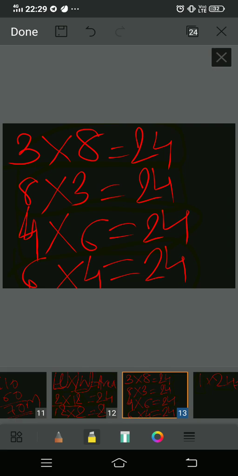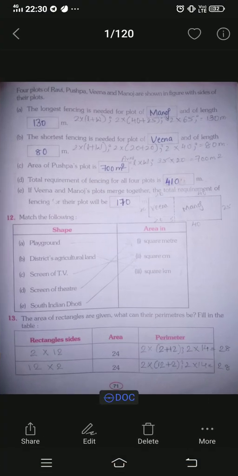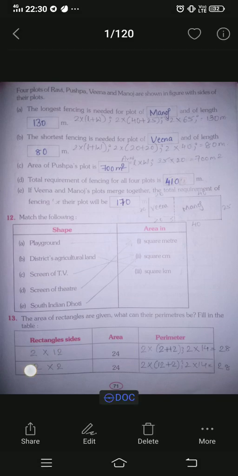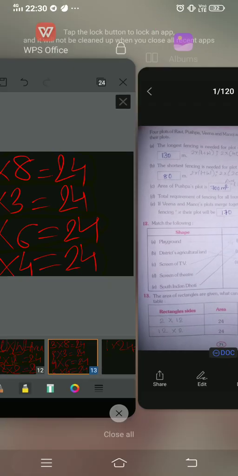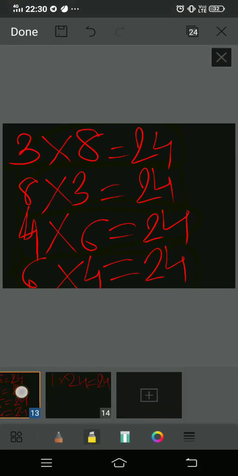When you have got the sides children, अब आपको side पता चल गया. So here if you see in the question, 2 into 12 I have written and 12 into 2 I have written. So 2 into 12 is 24, 12 into 2 is 24 है ना. तो अभी आप perimeter कैसे निकालोगे? We will use the exact formula. What is the formula children of rectangle? Perimeter of rectangle, that is 2 into length plus width है ना. So for example, if you are taking 2 and 12 as your sides,